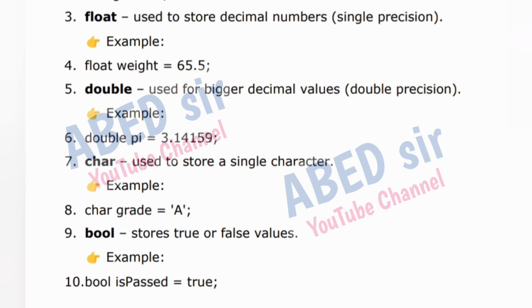char is used to store a single character. Example: char grade = 'A'; bool stores true or false values. Example: bool isPassed = true;